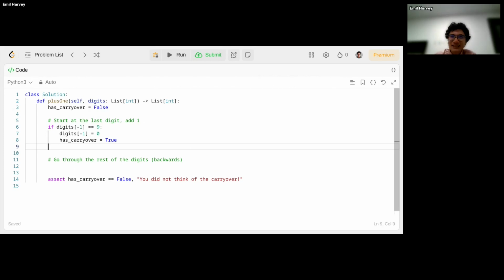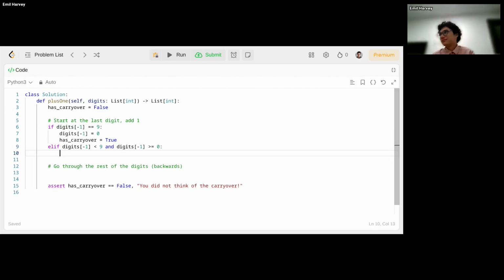The next situation is a less stressful situation, which is that it's not a 9. And really the last digit would be less than 9, hopefully. And just to be safe, we would say it's greater than or equal to 0, right? So this probably will always happen, right? Like it's either a 9 or it's between 0 and 8.